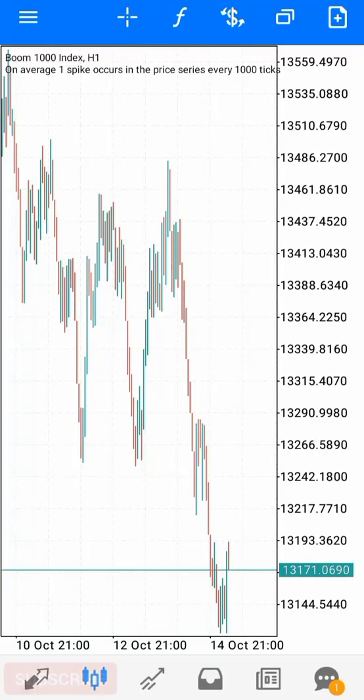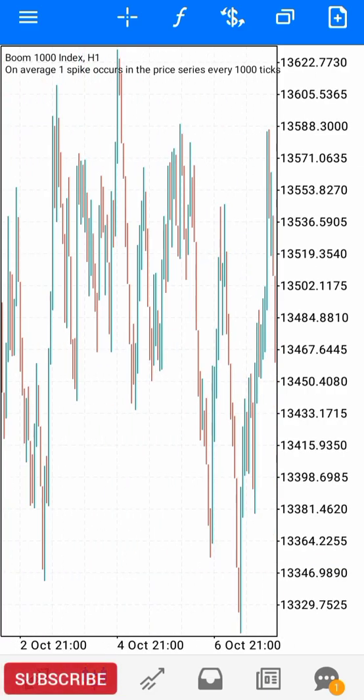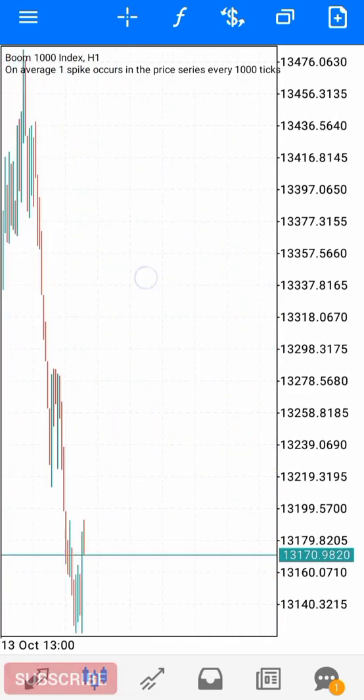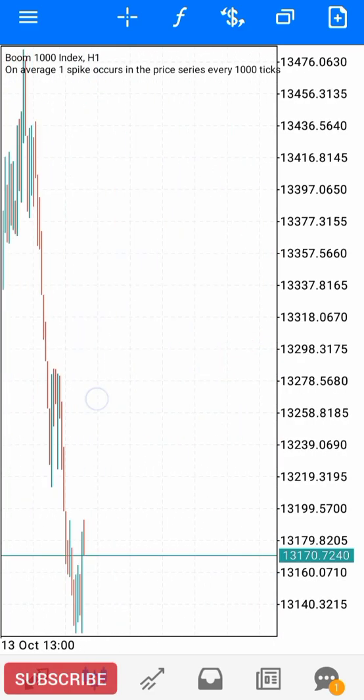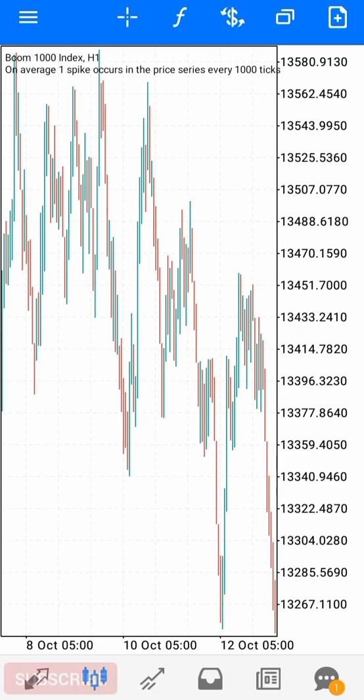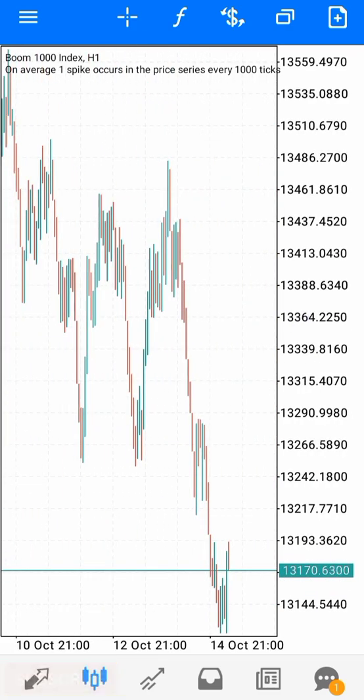This is my boom and crash analysis for any scalper. So if you're scalping the boom and crash, you should definitely be using this strategy. Either you're a scalper or a swing trader or whatever. Even though you're flipping accounts with small, with the boom and the crash, even if you're following the spikes or whatever, you need the boom and crash